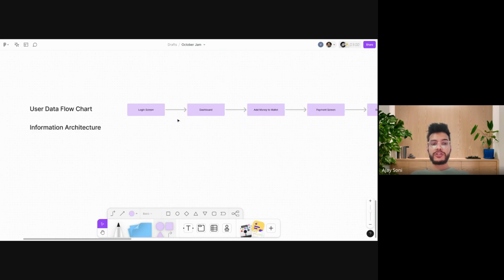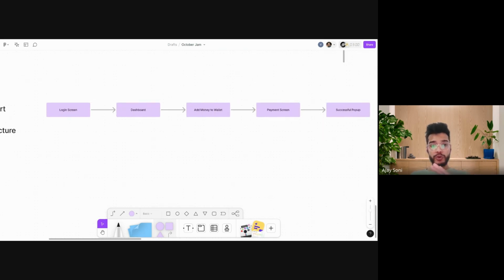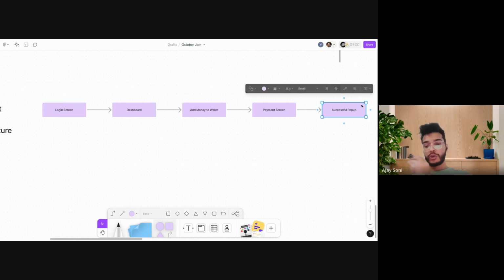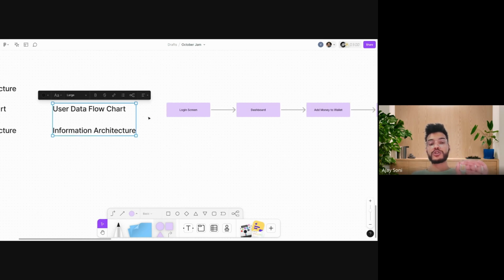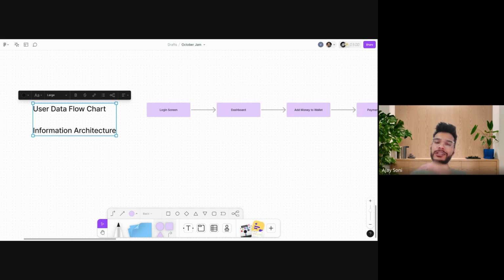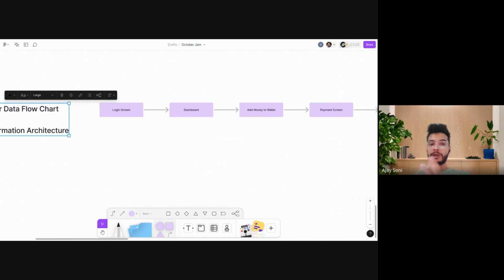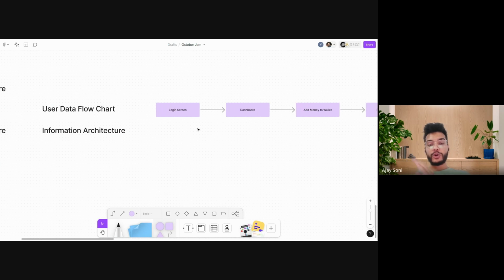a success screen. So this is a user data flow chart of a user going from the first step to the last step. The first and last step depend on the activity you want to show. It can be the whole product or one single small activity. It doesn't mean you have to show everything. This user data flow chart also has some guidelines, not mandatory but good ones, that if we follow them, will help our users understand the product or activity better. We will talk about that later.